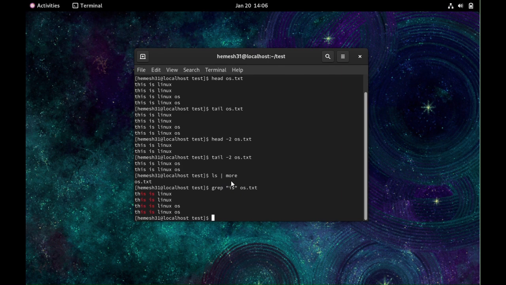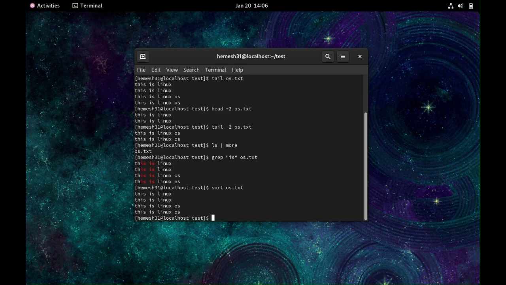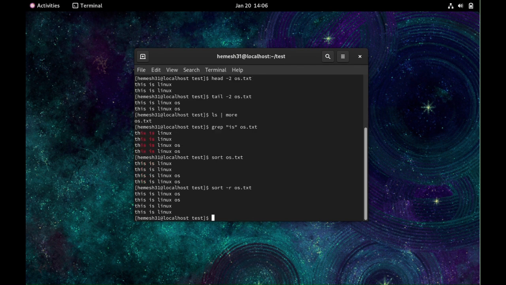Next, we will see sort command. Sort, as you know, is used for sorting the file contents. So if you give sort by default, it will sort in ascending order. So I am just giving sort os.txt, and as you see, it is sorted in ascending order. If I want to sort in descending order, I will give sort -r and then your file name. You can see it is sorted in